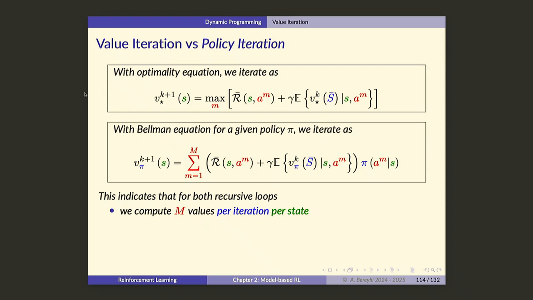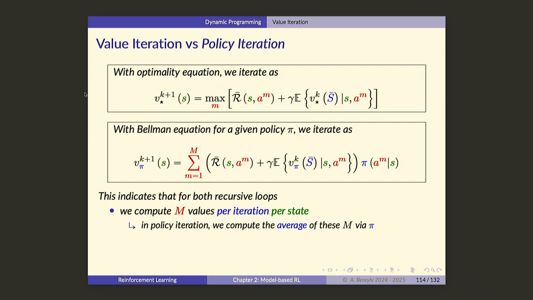From a computational point of view, both things are the same, right? So you do the same calculation in both iterative algorithms. Here, in each update, you take the maximum one. In the other one, you just take the average one, right? Okay. Cool. So